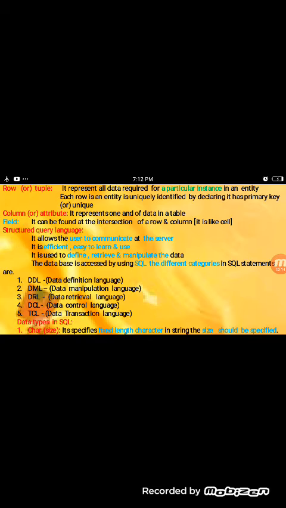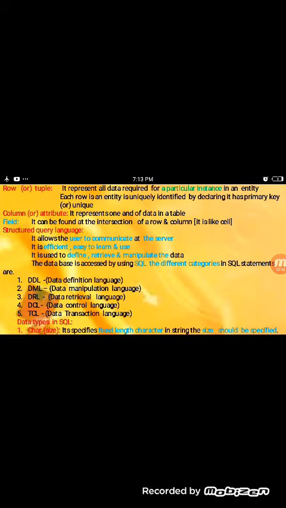It is used to define, retrieve and manipulate the data. Whenever we store data in the database server, it is used to define, retrieve and manipulate the data. The database is accessed by using SQL.